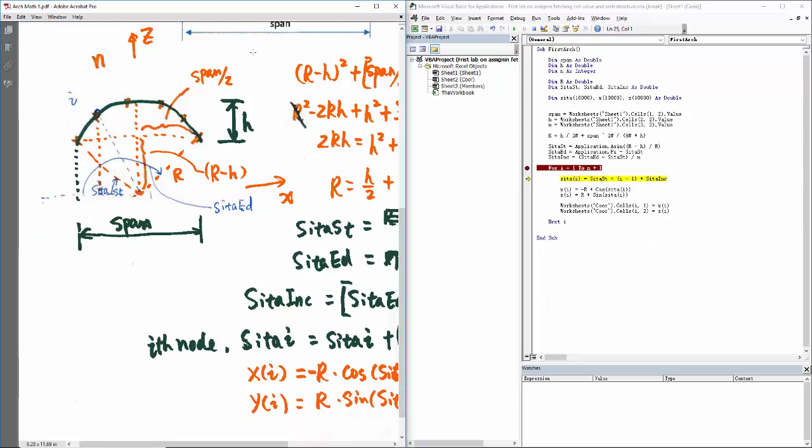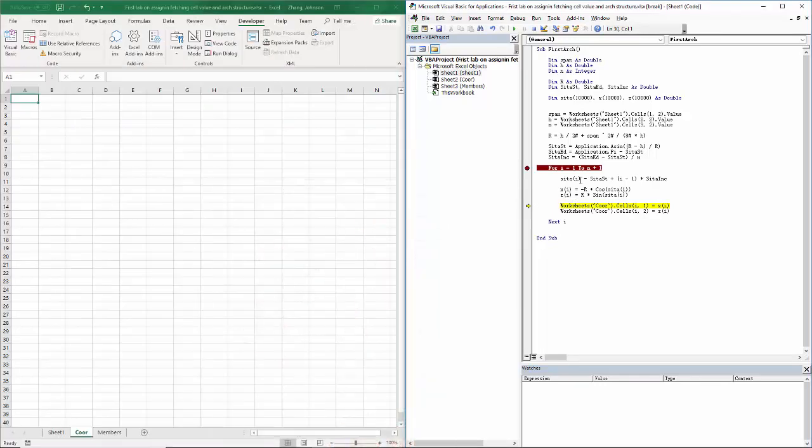So we can come back here and press F8. So it runs one more line. So you get theta i for number 1. Then it calculates the coordinates. So xi now is 5000. That's correct, because this is the x coordinate. Okay, and then the z coordinate is equal to 5250, because r minus h. That's correct. After that, the program continues to run and executes this line, which is going to put